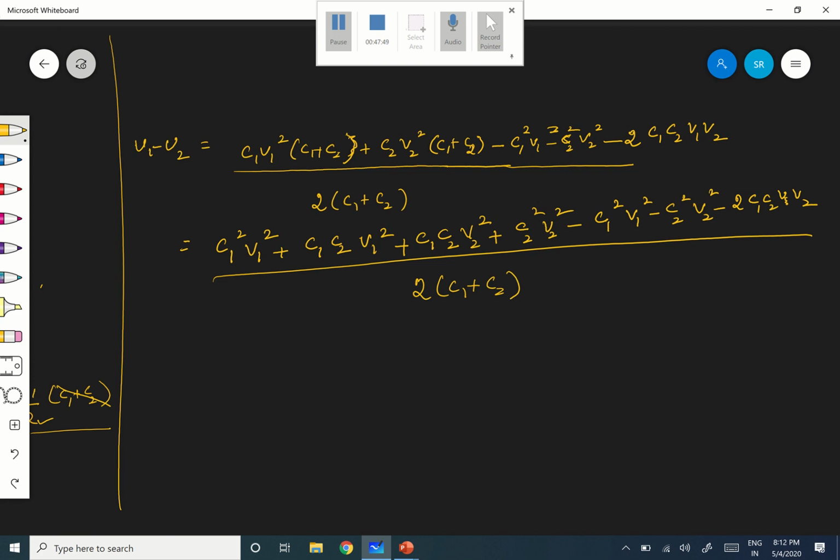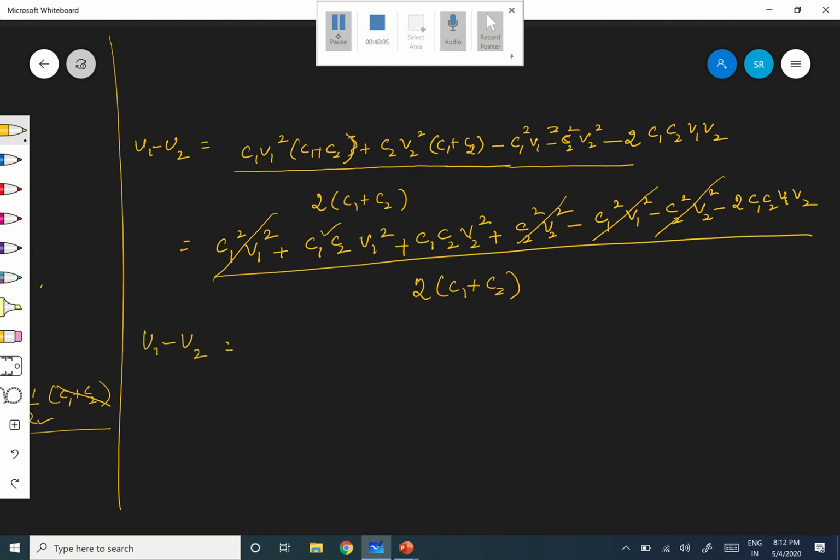Okay, right? Therefore, there are so many factors cancelling. You see, C1 squared V1 squared and C2 squared V2 squared will also cancel. Therefore, U1 minus U2 you will be left with